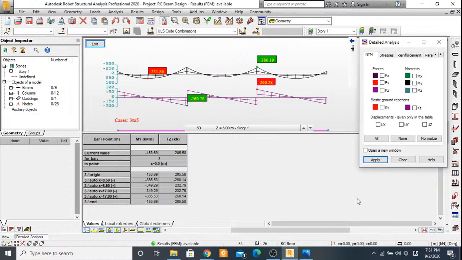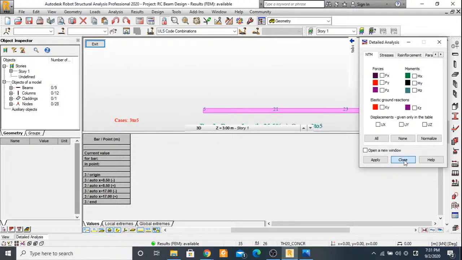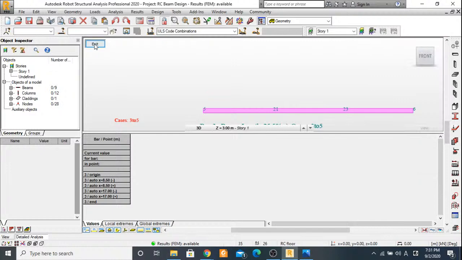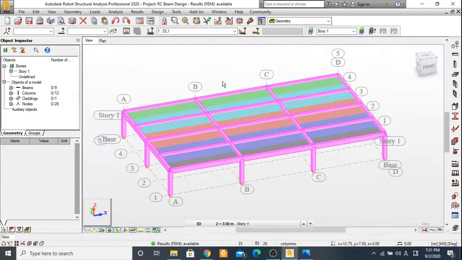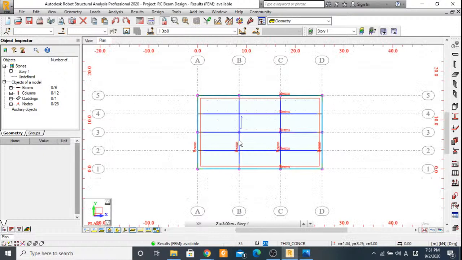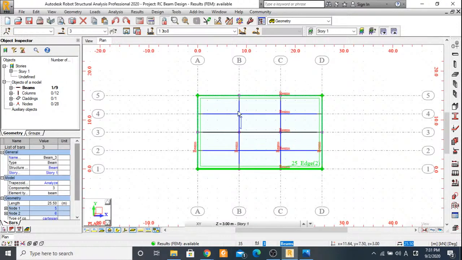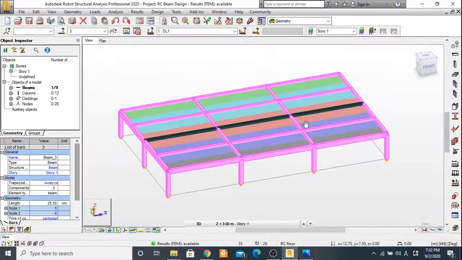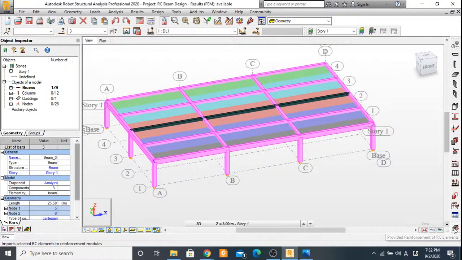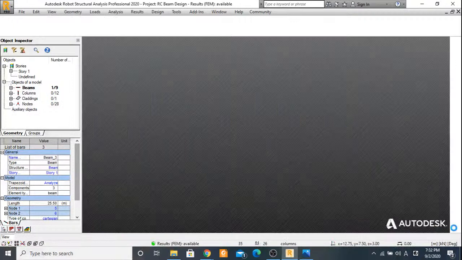All right, so let me remove all of that and close, and we can exit here. So now to design a beam, this beam in particular that we are interested in, you select the beam. Make sure that you select the beam, and all you need to do is click on this icon right down here. Provide reinforcement of RC beam. All right, so you click there, and